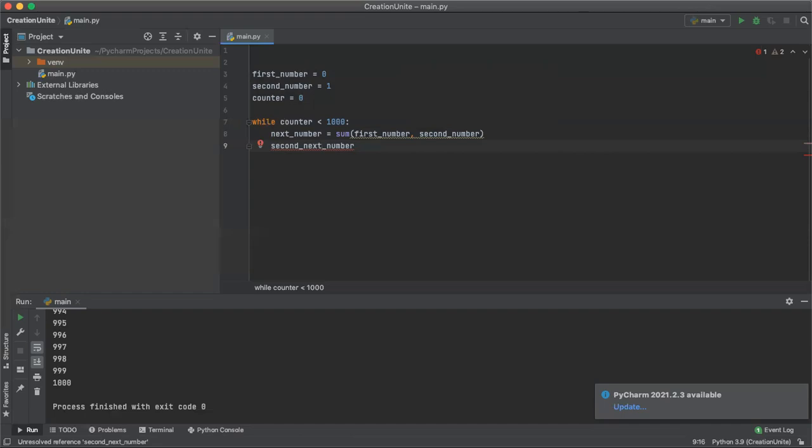So my next number, or my previous number. That's a better name for it. Previous. Now, what should the previous number be? Well, the previous number should be